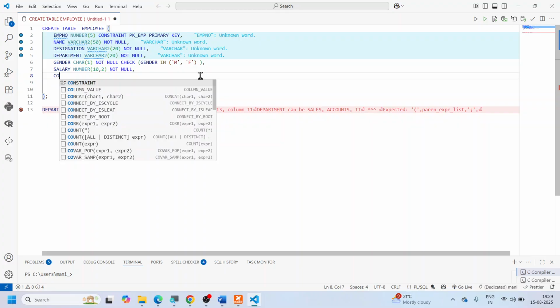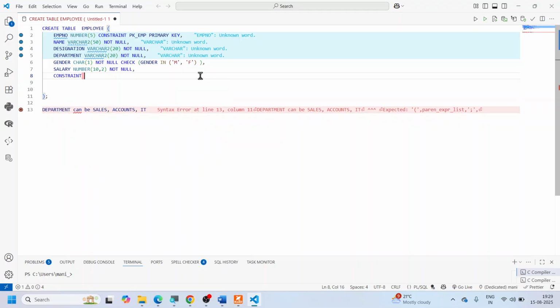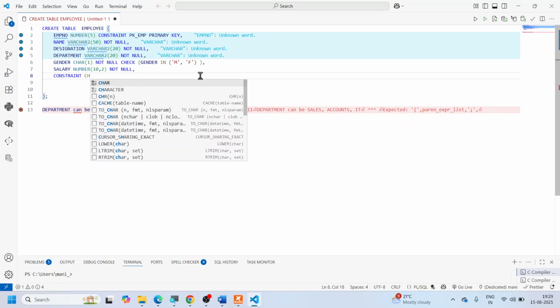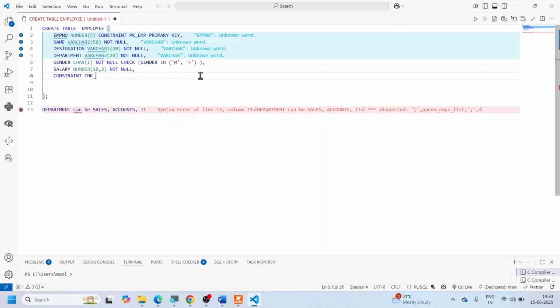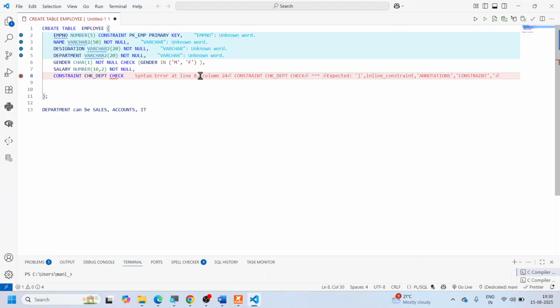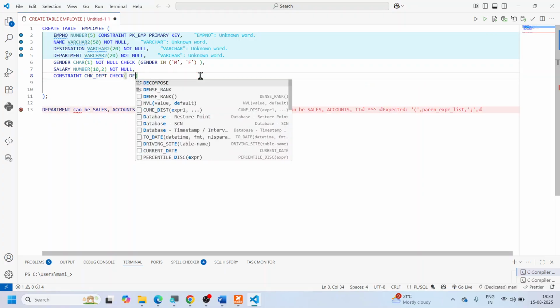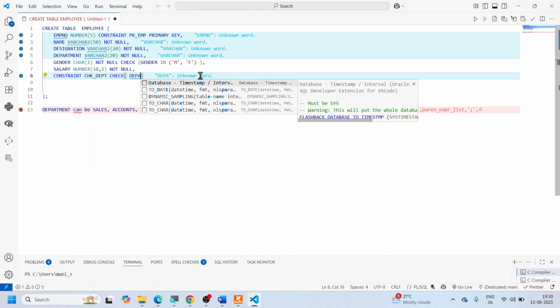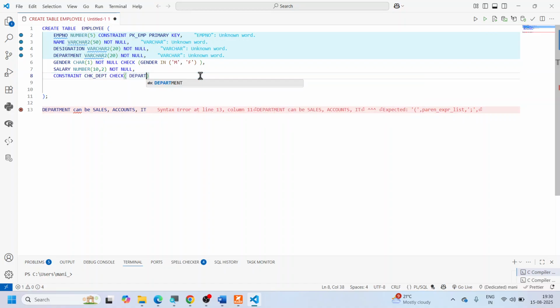So I'm going to put one constraint. So what is the constraint that you are putting? Give a name to the constraint like check department. Okay. Any name you can give, and I will use the check constraint here. What is the check constraint? So the department is in